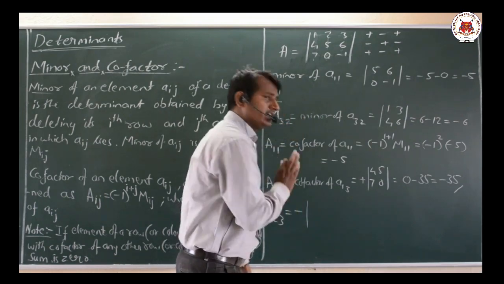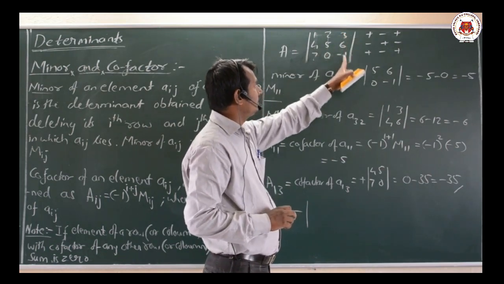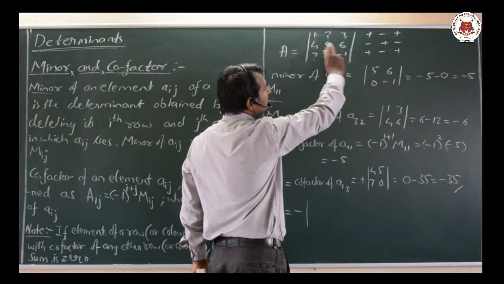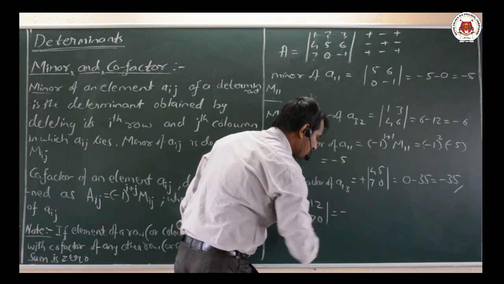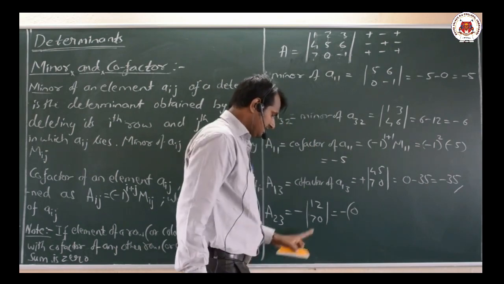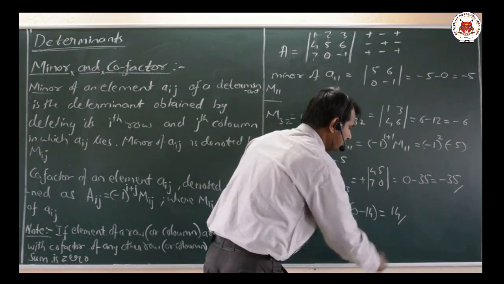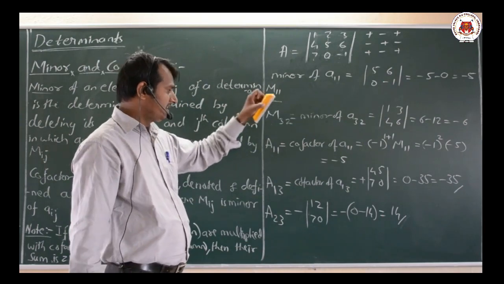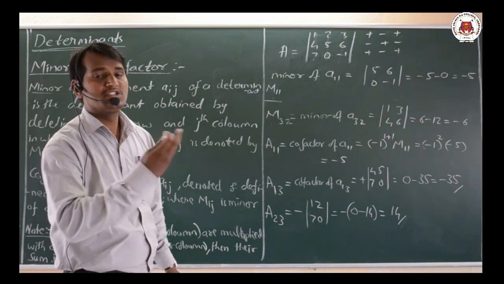Minus of, we can take the minor of A23, that is leaving this row and this particular column. What we get here? That is 1 2, 1 2, 7 0. Minus into 1 into 0 we have 0, then 7 2s are 14, minus 14, the value will be plus 14. Minus into minus is plus. Okay dear friends, this is all about the minor as well as the cofactor. These terms will be very important for you to find the adjoint of the given matrix.